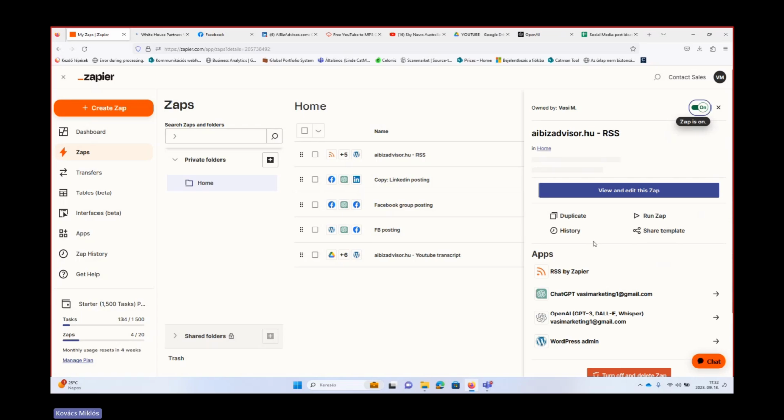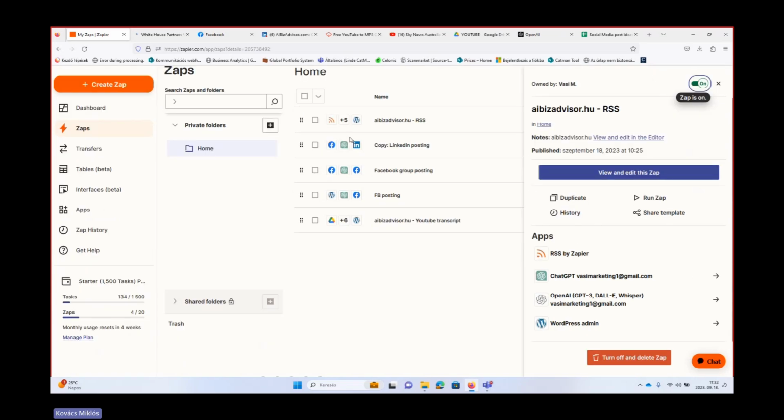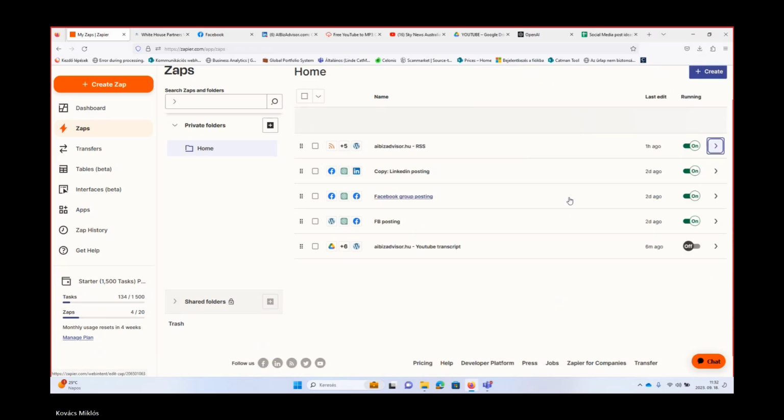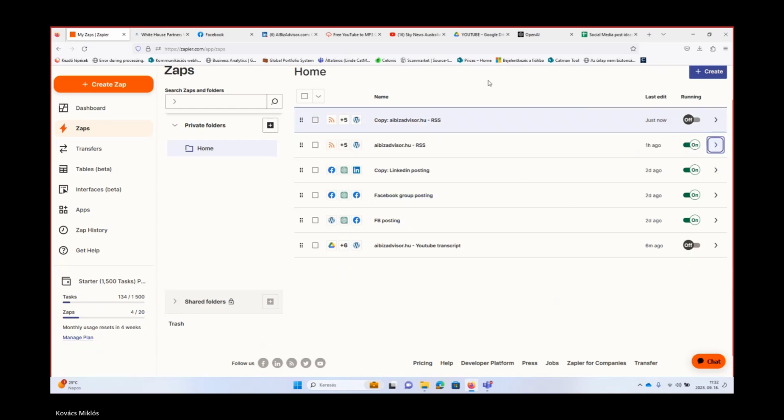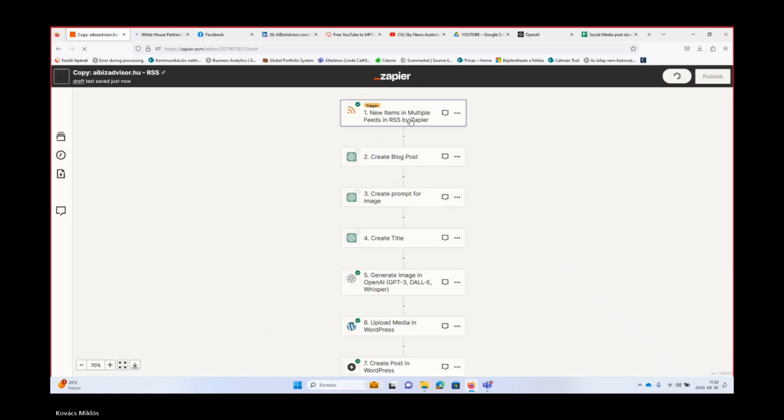So as we did before, I'm again duplicating my RSS related workflow. Yeah, here we go. I click on that. I'm going to rename it, my ideas, let's say.